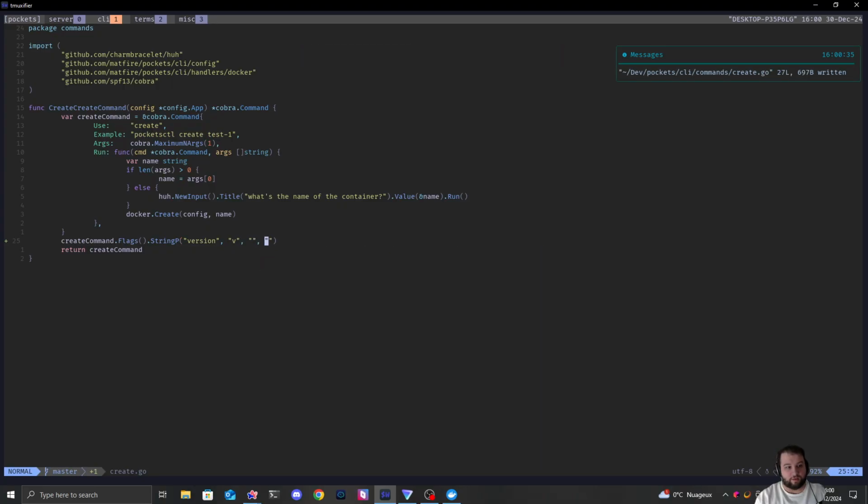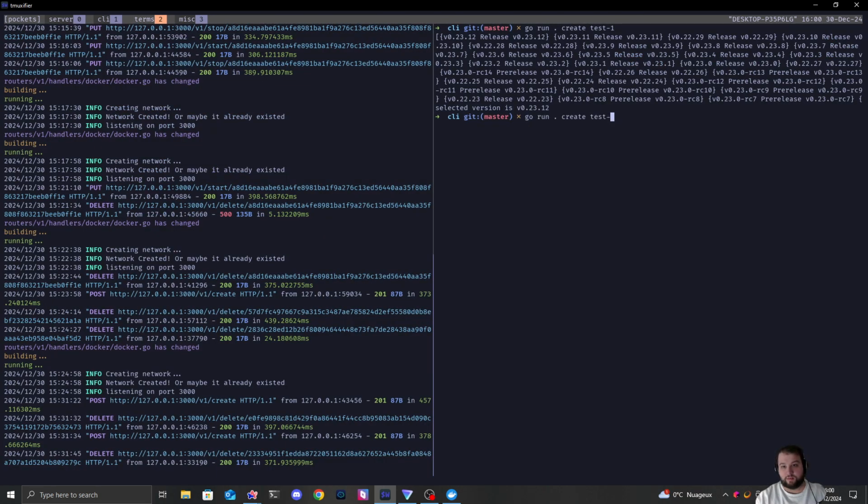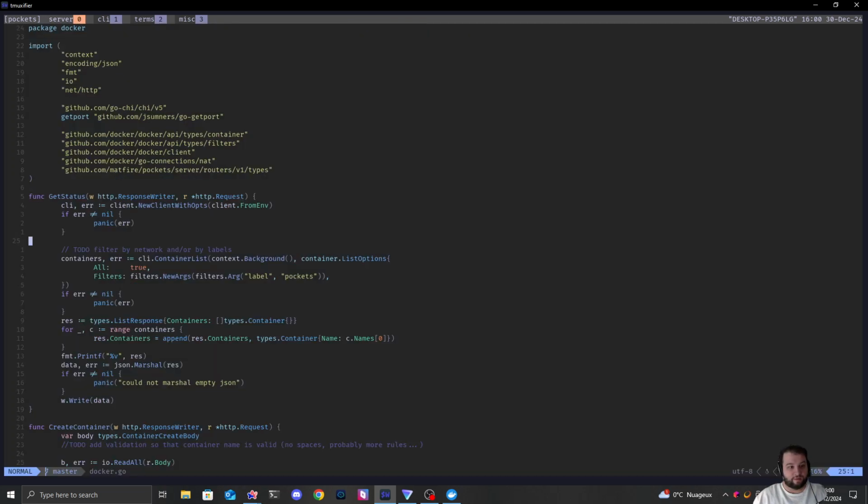And for now, let's leave the usage: specify a version to deploy. So if I do this, then I can do create dash dash help, and that I have a dash v or a dash dash version,